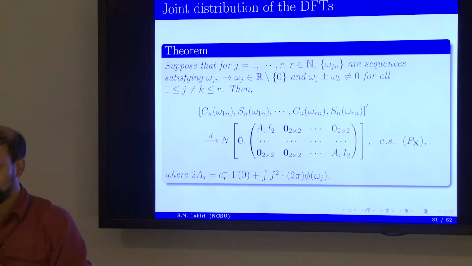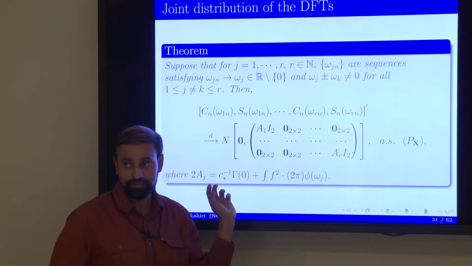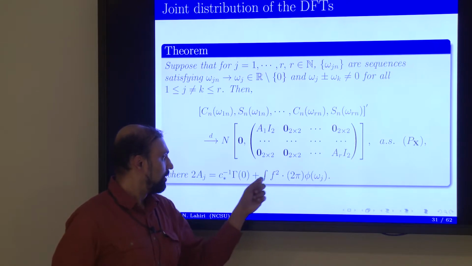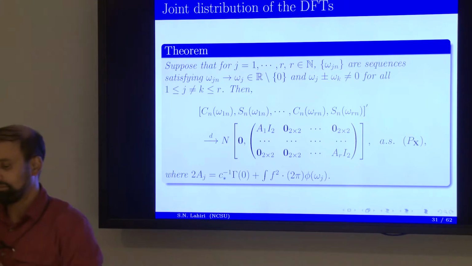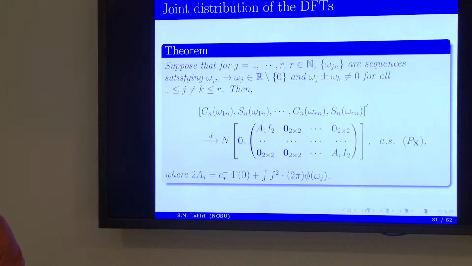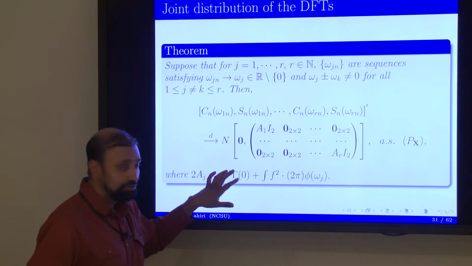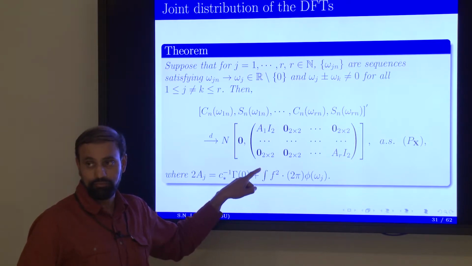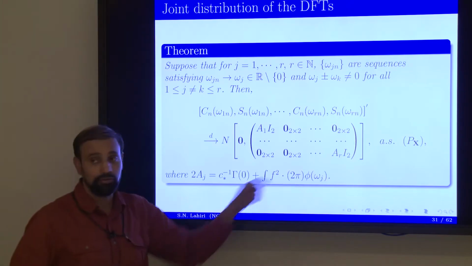So if you are trying to estimate, for example, phi of omega j, these are constant multipliers, kind of corrupted by a term that's more like the bias. And somehow you have to correct for it. And that is the price you pay just going from this regularly spaced data points to having this irregular spacing. Unevenly spaced data locations, they contribute this term as well as this factor. And you have to take care of both as you are trying to devise, for example, an estimate of phi of omega.